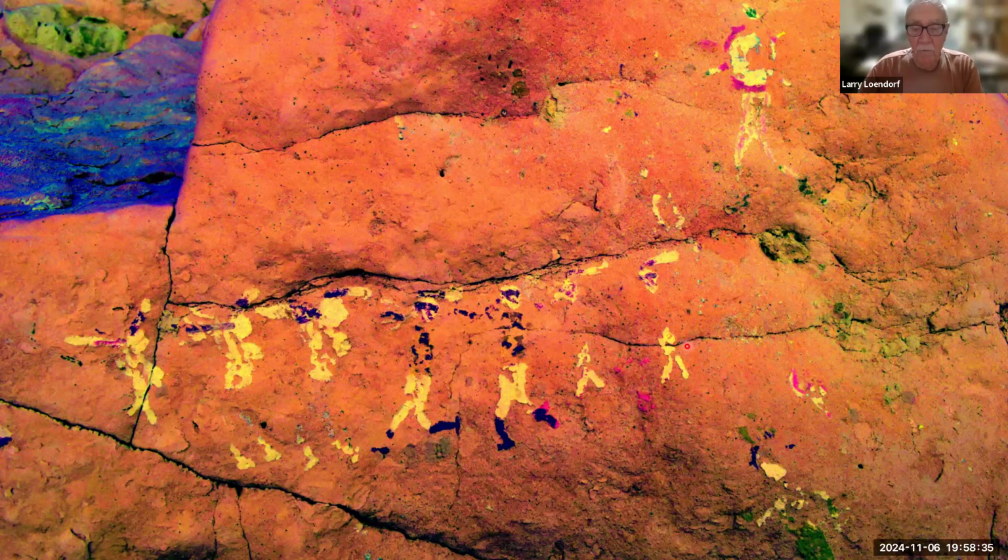And again, the paint's falling off the wall. We've been back to this now several times, and every time we go, more paint has fallen off the wall. And we're not allowed to date at this site. We so desperately need to pick up some of this paint that's fallen on the ground below and radiocarbon date it, which we probably could. You can see the detail. I mean, incredible detail, like stripes on the pants, different colors, like they're wearing leggings or some sort of moccasin type with a legging over the top,